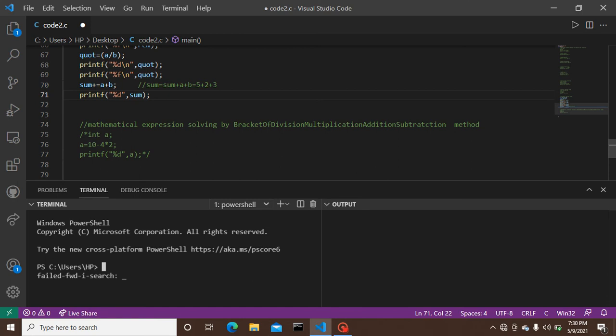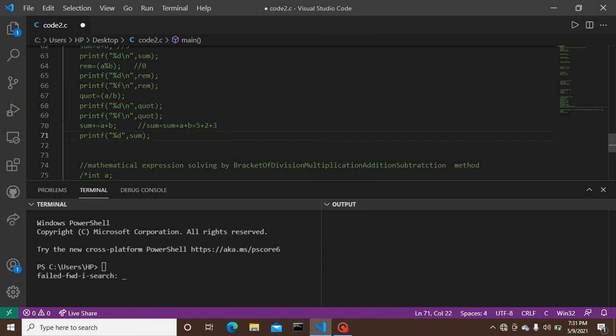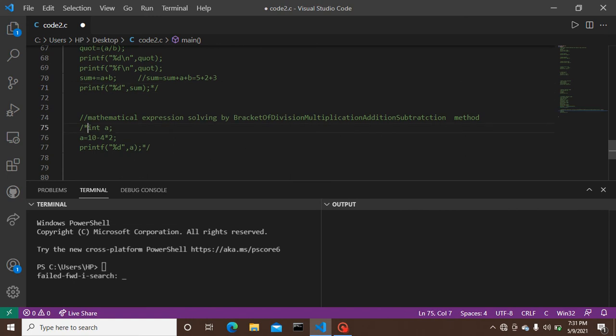Next level, have a look at our last code. Wait for a while, let me make it a comment. Our last code but not the least, a mathematical expression. Solving an expression in coding is the same as we solve in a mathematical expression by the method of BODMAS.